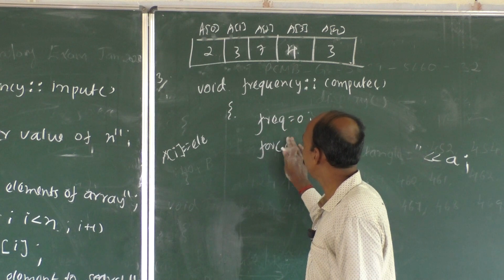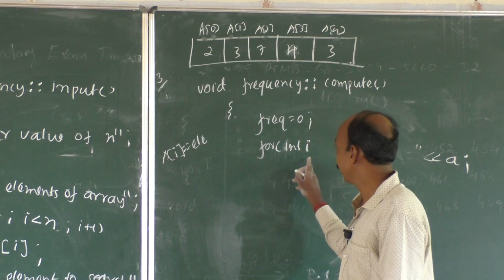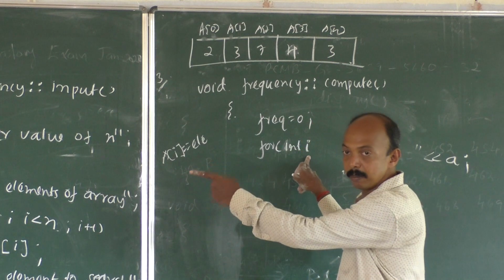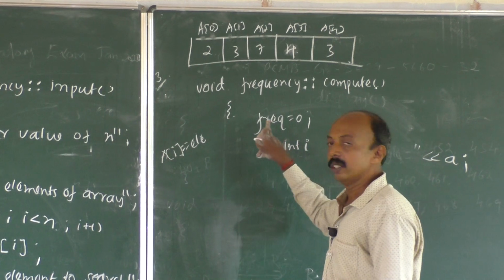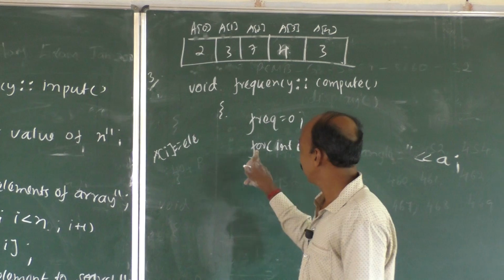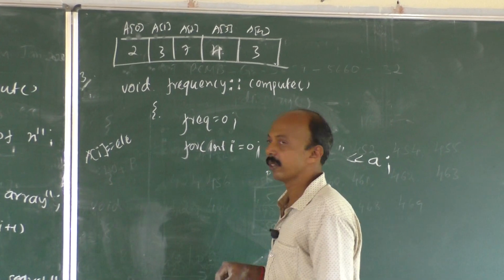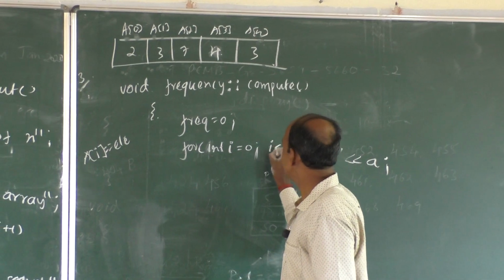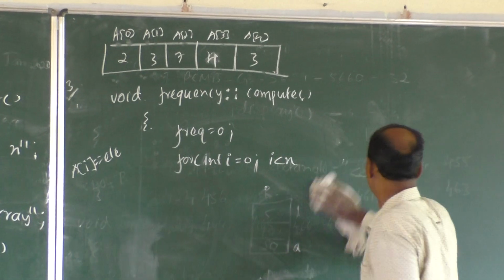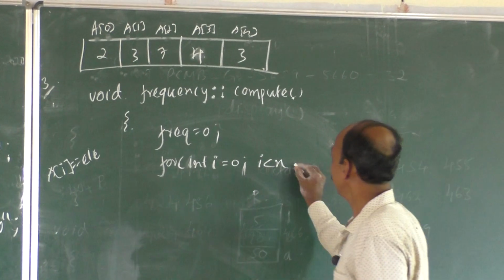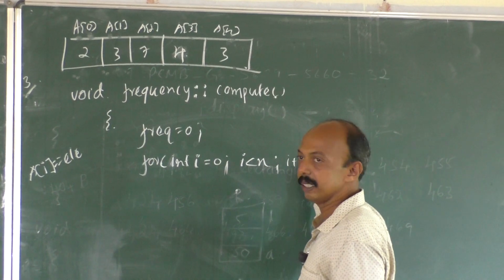I is equal to, we shall write it as int I again. I repeat, we are not going to declare I as a data member of the class. We are going to define it inside the function itself or along with the loop. Int I is equal to 0 till where? I lesser than n, that is up to n minus 1. What we should do? Every time after comparing, we should increment it.